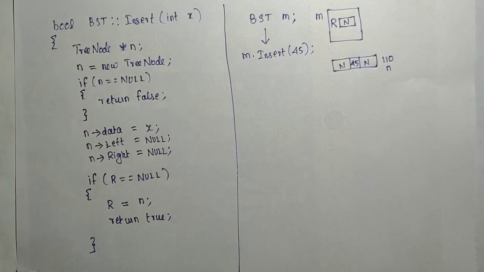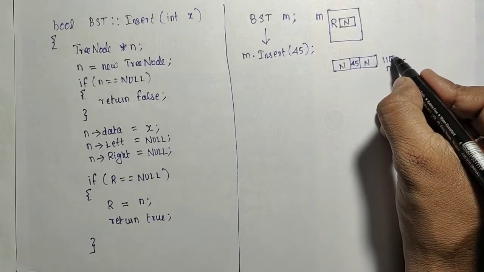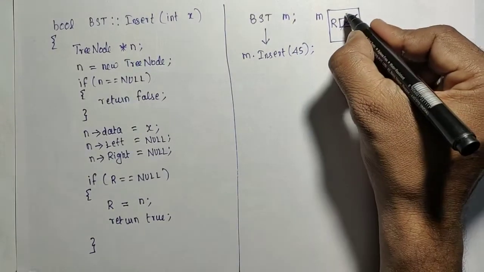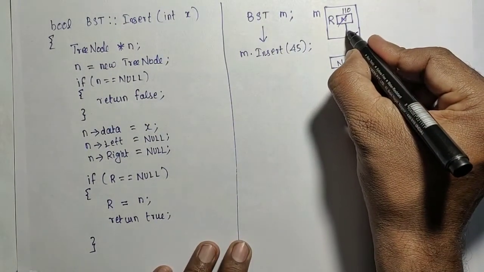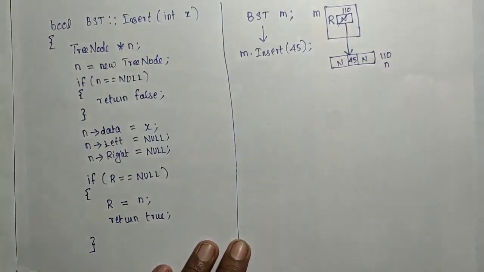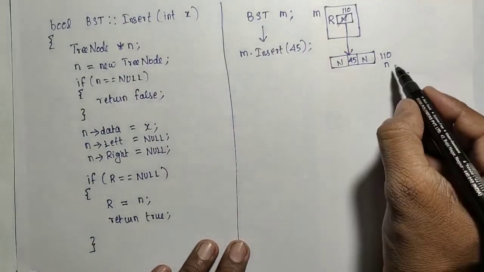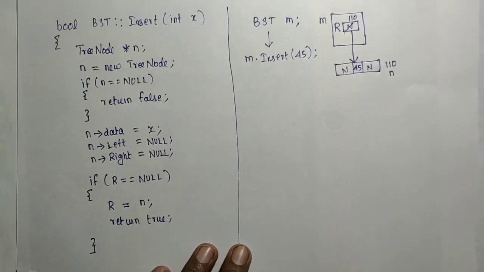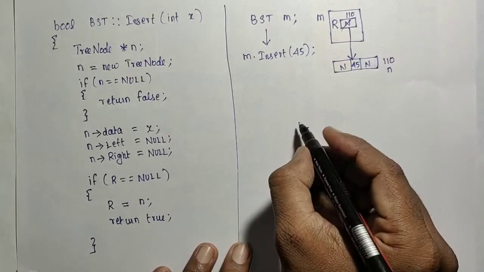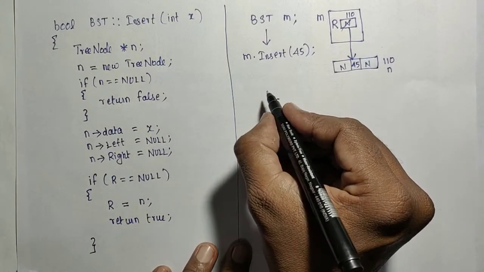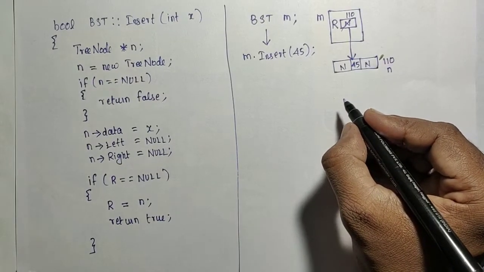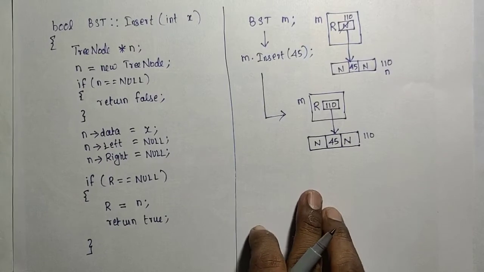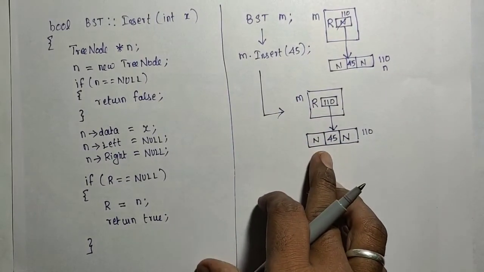Then that is complete. So what will happen here is the 110 will be stored here. So this will be replaced with 110. It means that this link is created. It is nothing but this is the R. Correct? So after inserting the 45, our tree will become this, this is the content.